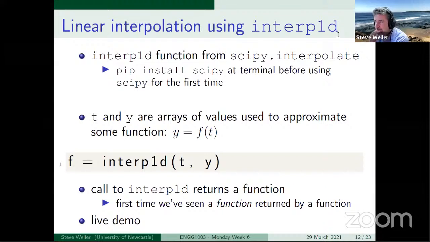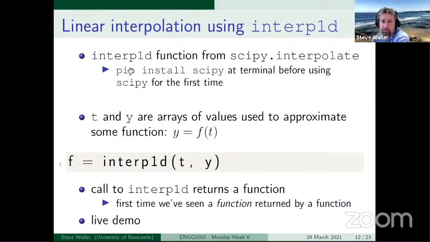So interp1d comes from a library that we've not previously used. It comes from a library called SciPy. SciPy is a scientific library. I think of it as coexisting with NumPy. In fact, it uses some of the NumPy features, so it's built upon NumPy. Inside the SciPy library is a module called Interpolate, which has a whole collection of functions to do with interpolation. And because we're using a function, interp1d, that comes from a library, SciPy, that we've not used before,